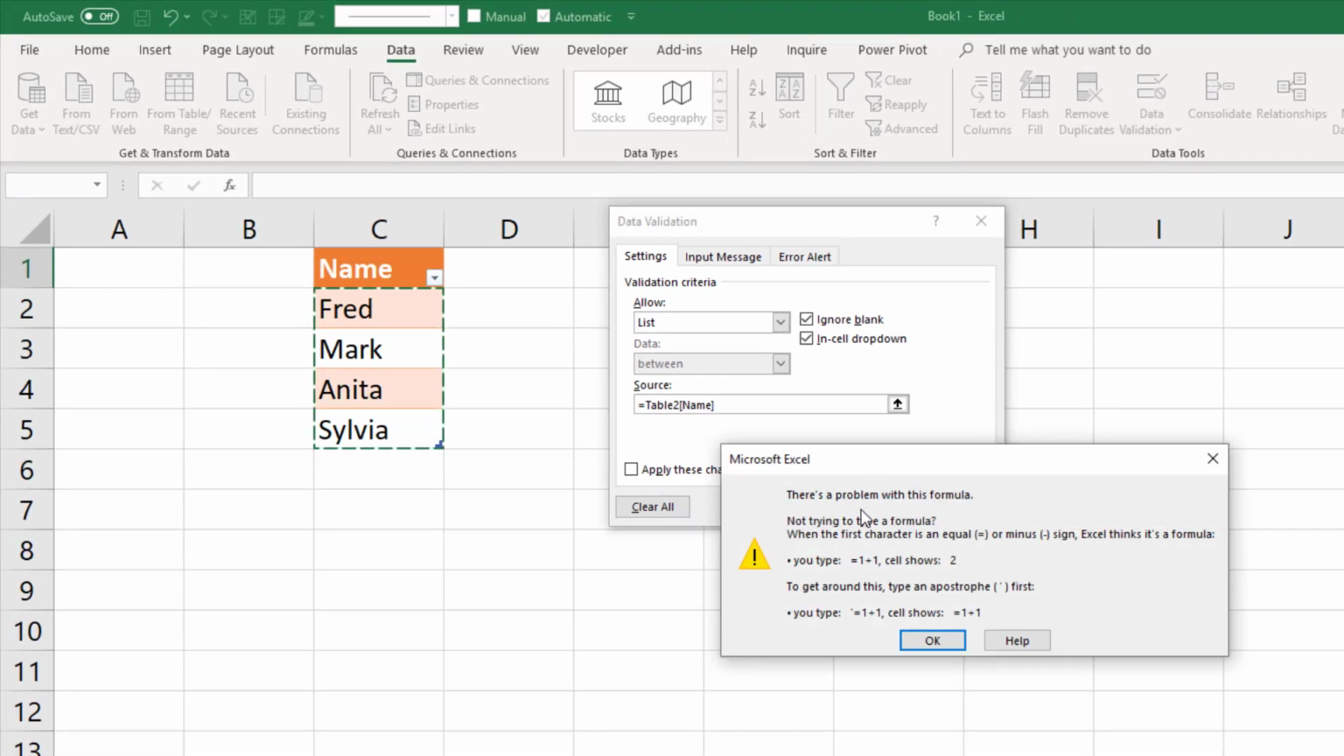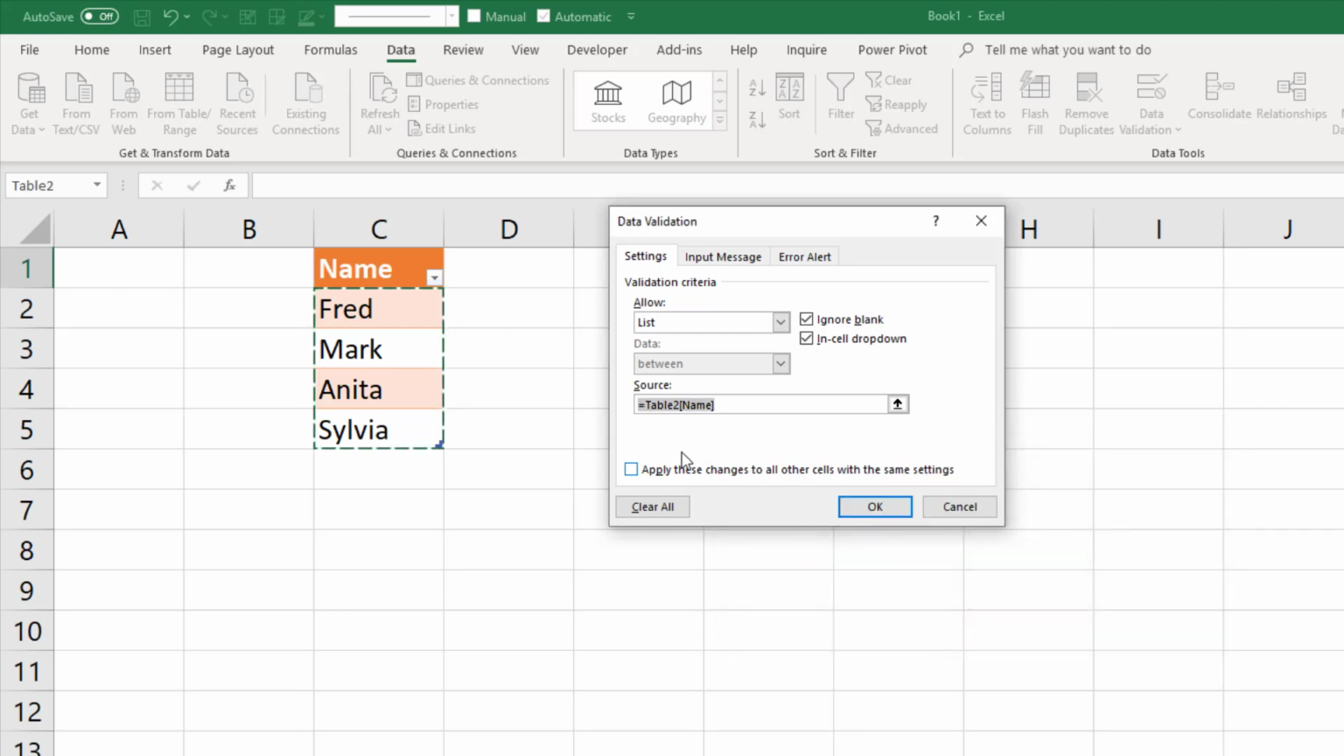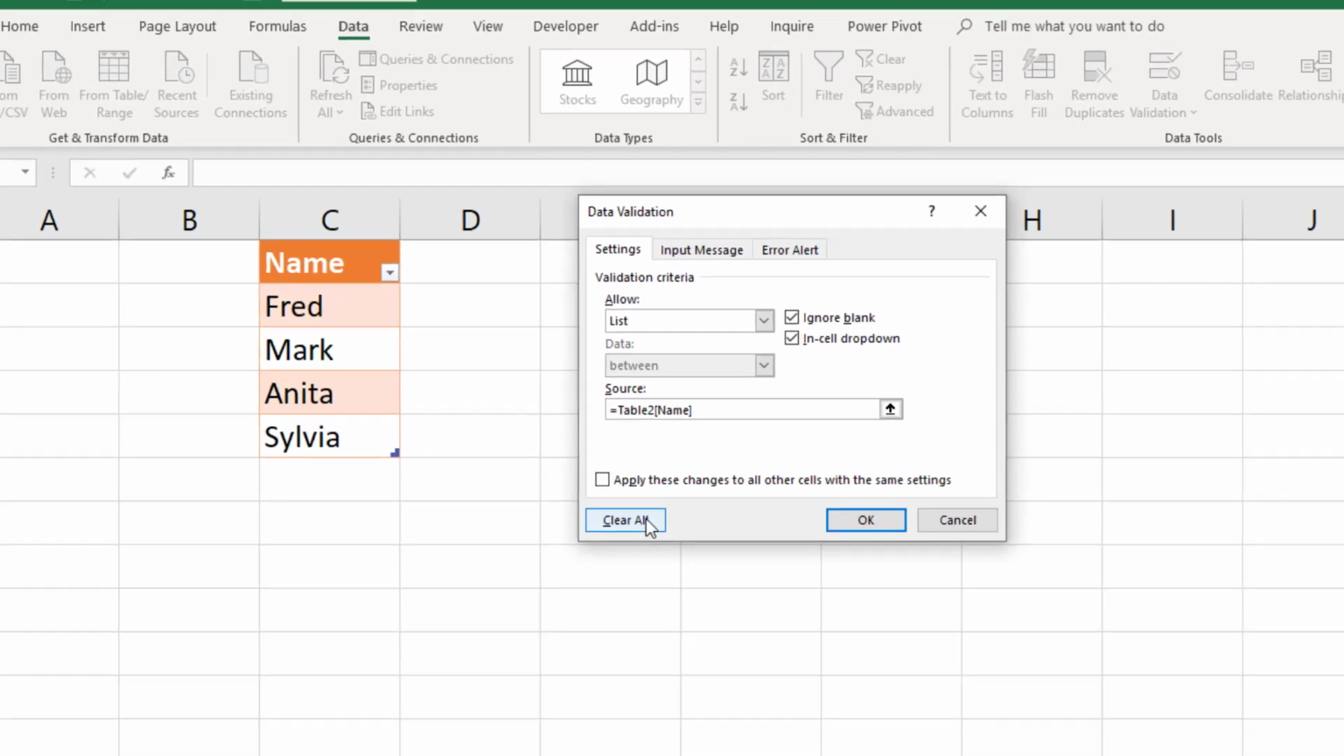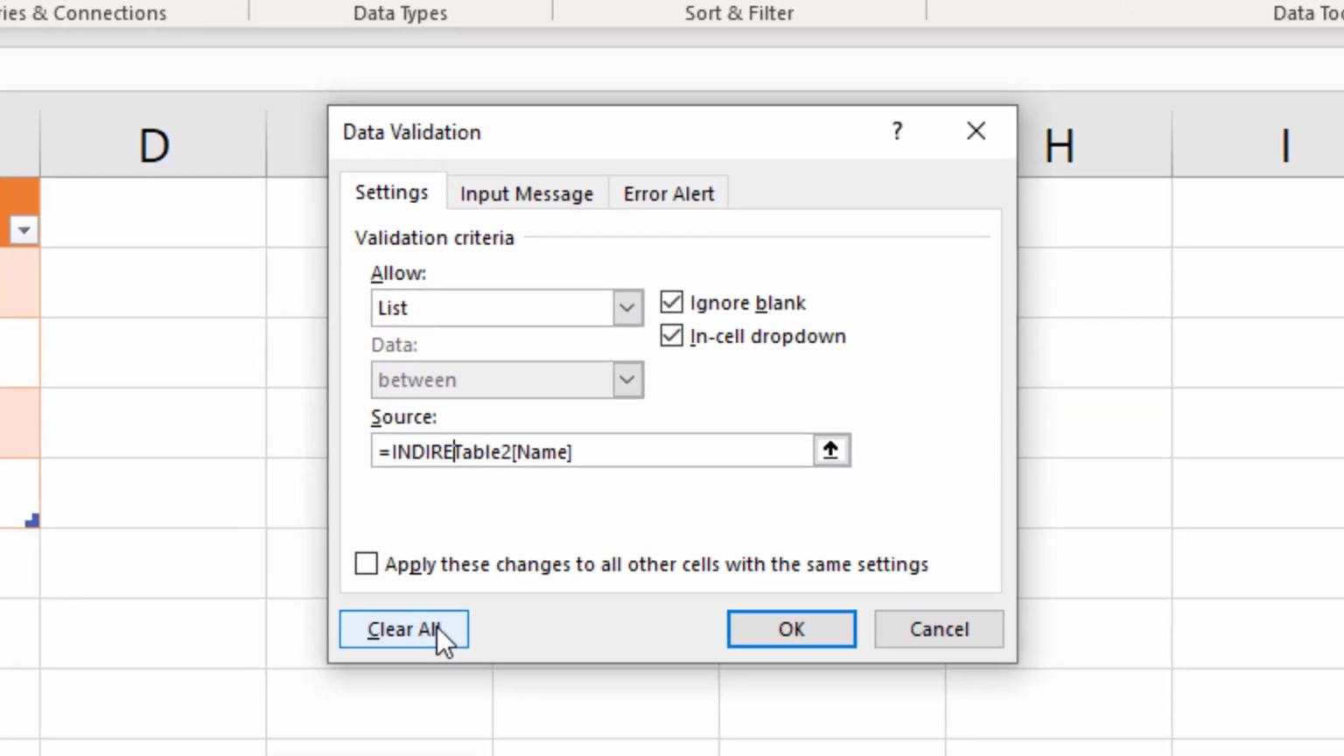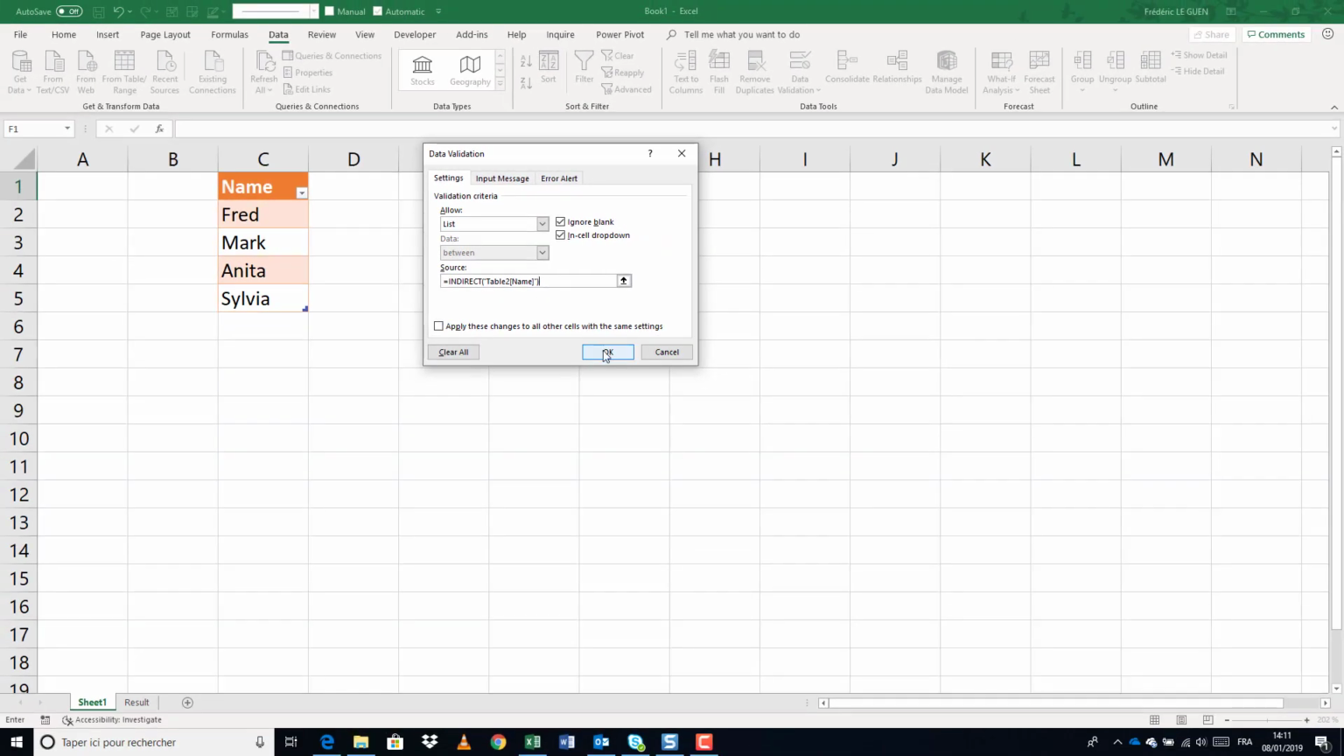And it doesn't work because data validation doesn't accept a reference like this. But we can use the function INDIRECT, so just type INDIRECT like this, open parenthesis, double quotes, and at the end double quotes, and you close the parenthesis, because the INDIRECT function only accepts a reference as text. So now if I press OK,